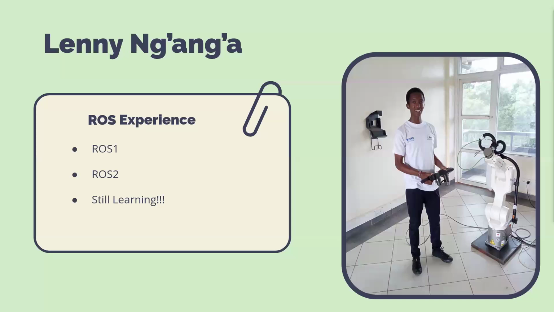And before I could get started, I did need a programmatic interface. And what I mean by that is that the robot arm is currently being controlled using a teach pendant, as you can see in the image. That is the robot arm's remote control. But for you to be able to automate that, you do need a way to get access to the robot joints programmatically. So write your own code to be able to move the joints and get the joint state. And for that, there is a tool provided by KUKA called